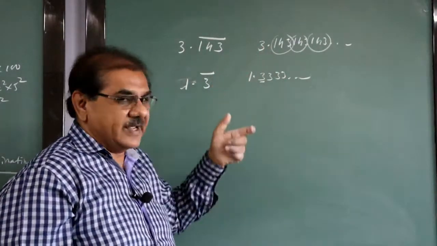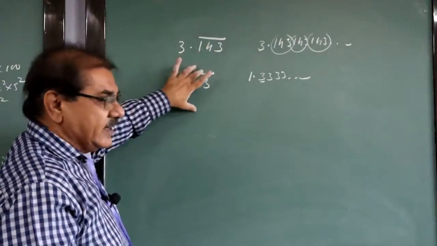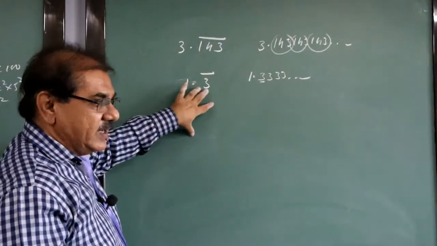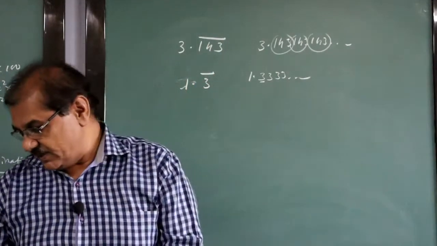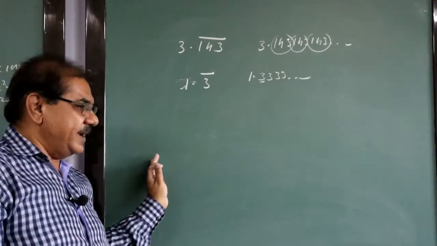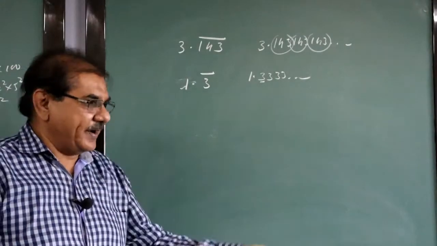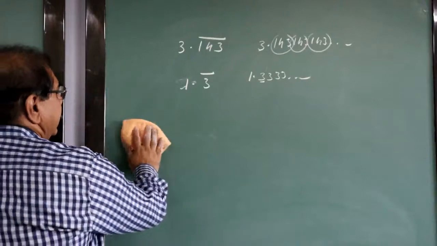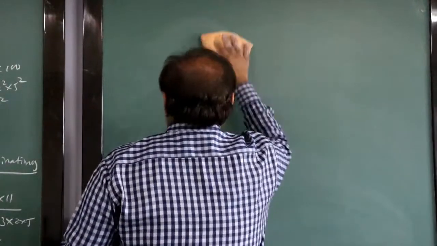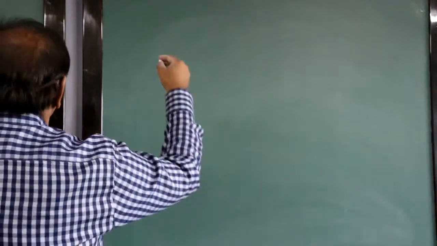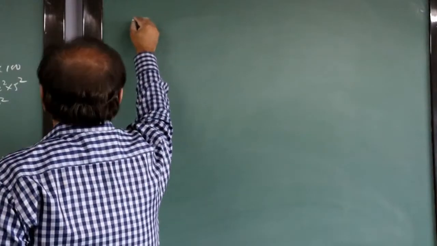This is how you can understand that if it is a repeating decimal, then it is a rational number. Okay? And if the number is neither repeating nor terminating, then it is an irrational number. Now in the previous examples we saw,